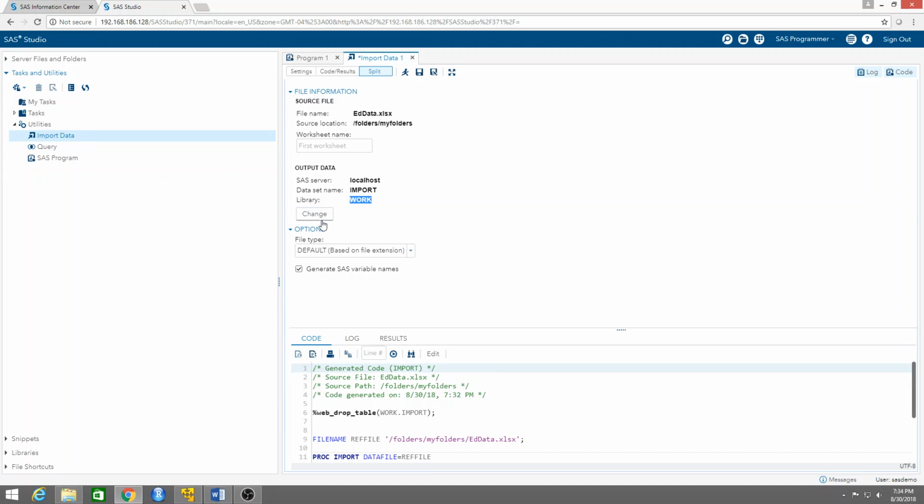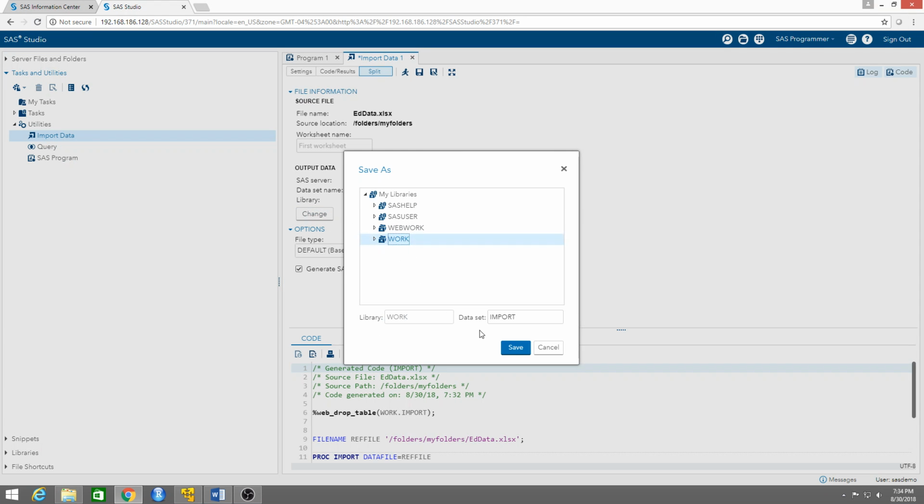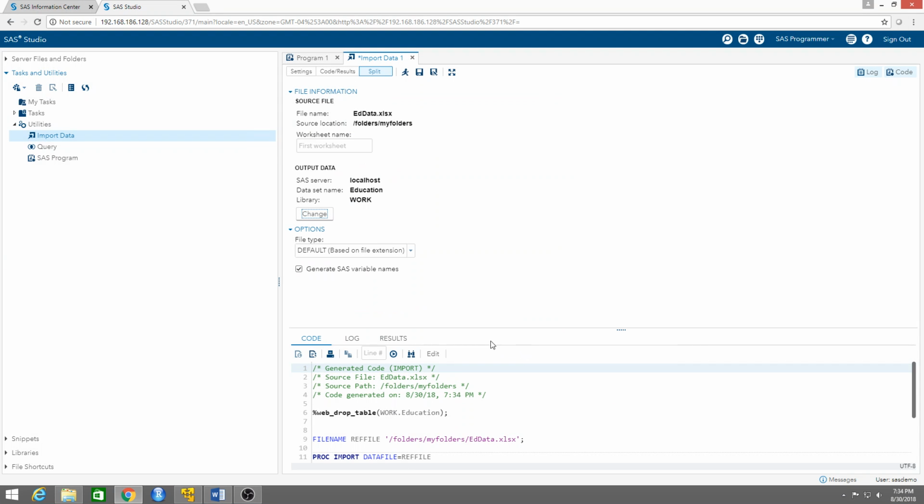Okay, so this is fine, but the data set name we want to change, because right now it's set to import. I'm going to call it, for example, education, because this data set is related to educational achievement. So save, and then you can click or unclick this. I would recommend to say generate SAS variable names, leave it as it is, because what this does is that it takes the first row of your worksheet where the variable names are,